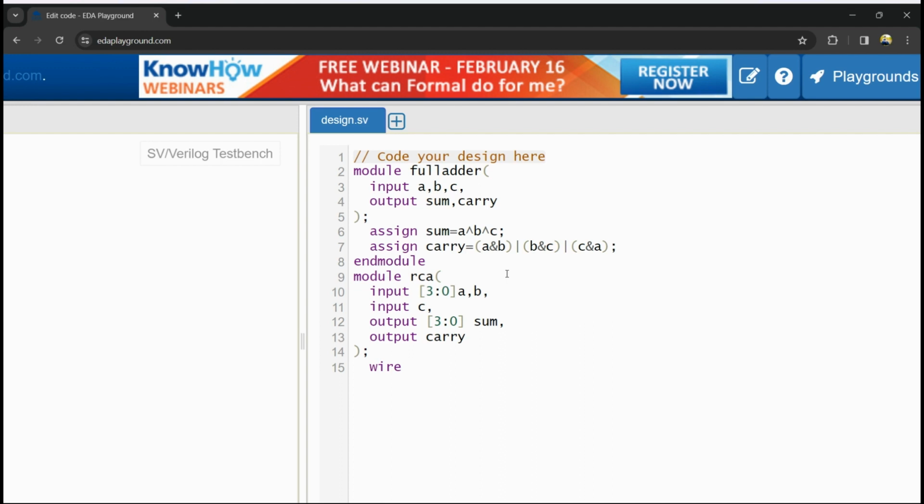Then we require wires, because the carry will be propagated from one block to another block. So if we have 4 blocks, then we require three carries in between the blocks to be propagated. So for that, c1, c2, and c3. And now I am assigning the operation. I am calling the full adder function,